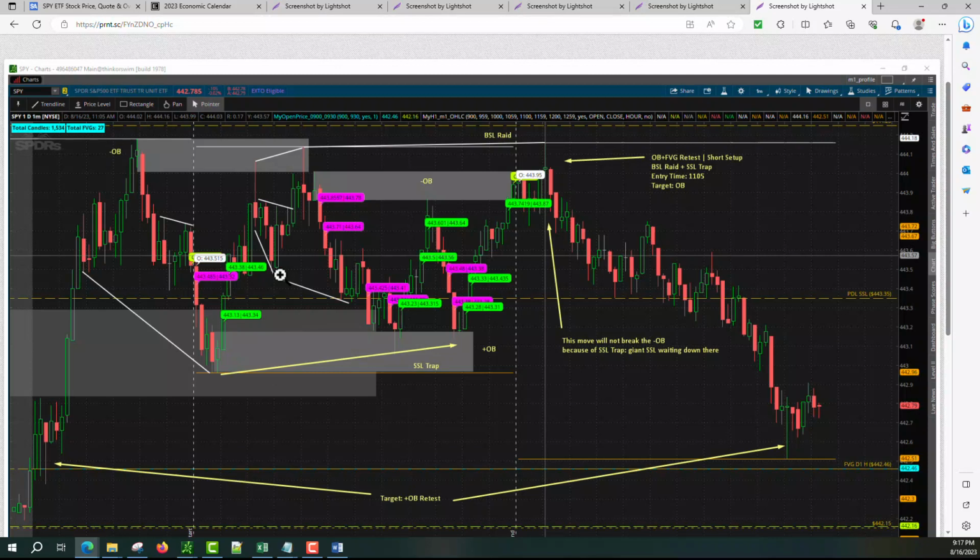There's no way for it to get it, so it trapped all the sell side liquidity right here. And then right here, if you believe in the buy side liquidity, if you go short here, you see that the safest target for you is this order block. Then you have to get out,